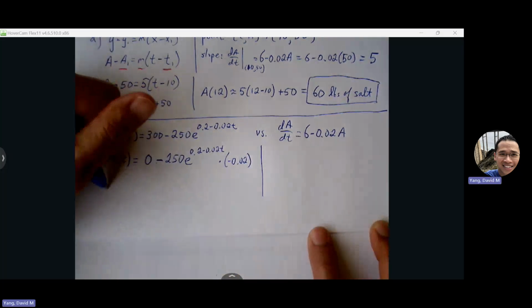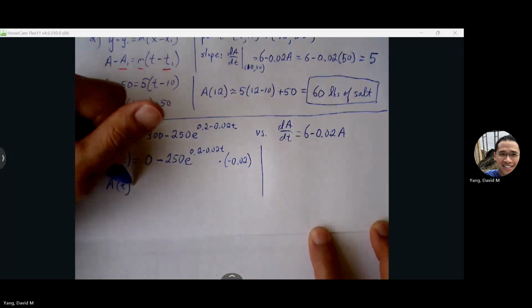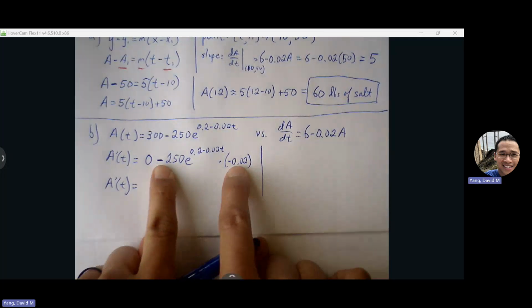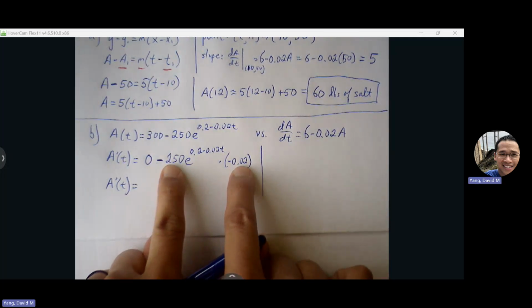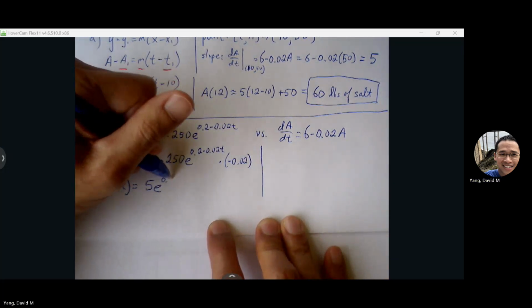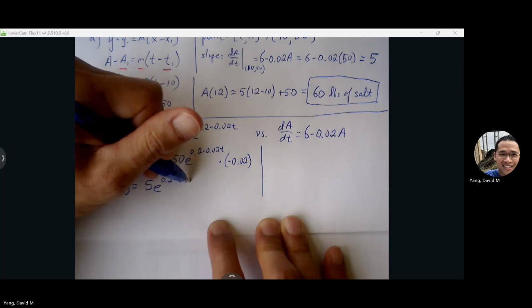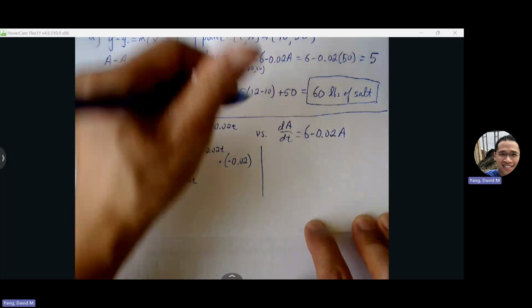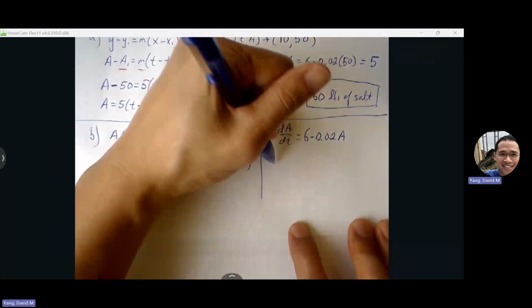Let me clean this up here. A prime. Use my calculator. Negative 250 times negative 0.02. That's going to give me 5. Meanwhile, this is already my derivative level. So dA/dt